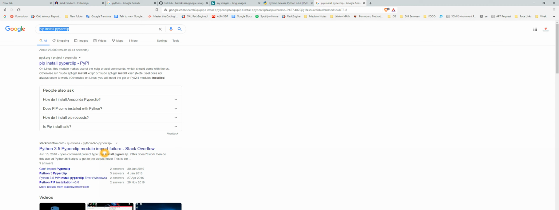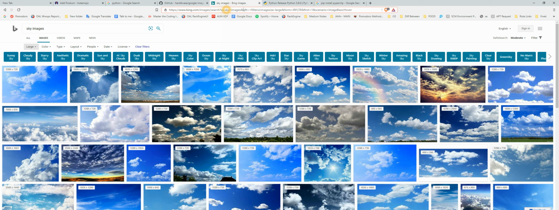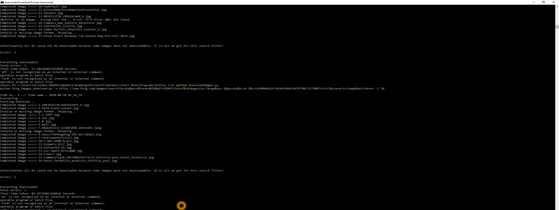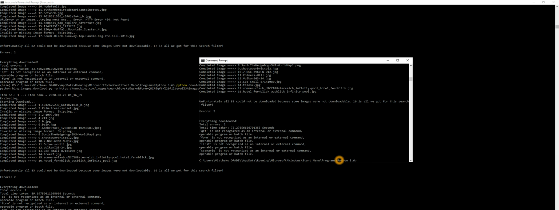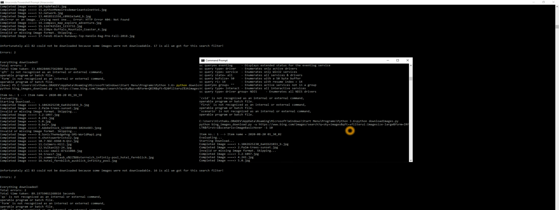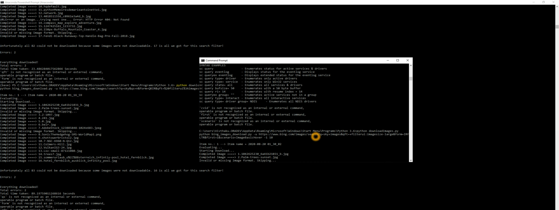And then you are done. You have to go here, copy whatever thing is there, and just go and run your command like this, Python and your particular program name. Your copied syntax will automatically be pasted and inserted in your command, and you will see it like this. See, this is the one, right? Python Bing images download. This is the one, and this is the one you copied. This is how you will do it.